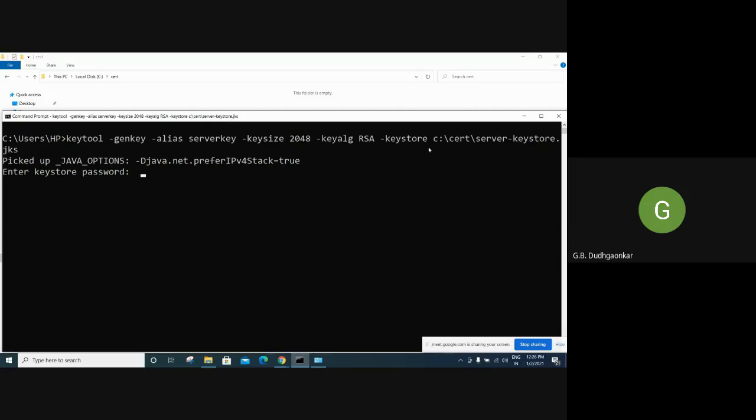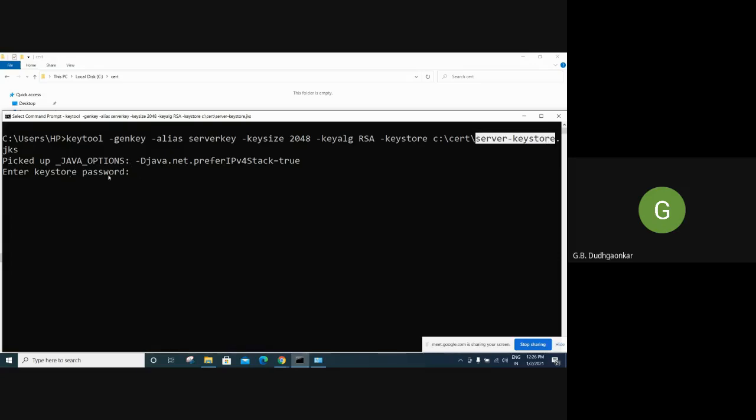That means this is the keystore, server-keystore.jks. This is the actual file, but this is a keystore. Within that server keystore, a public key will be there, maybe a private key may also be there. So what password do we require, because there is authentication now.